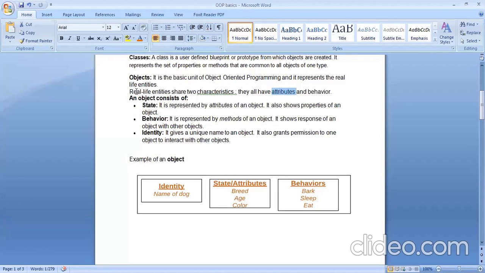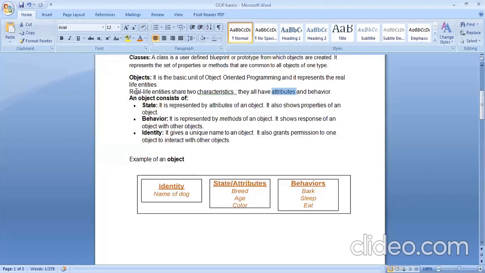And every object will have different types of properties. For example, I am a human being, you are also a human being. Whatever properties I have, you also have. You also have a name, an age, height, weight, complexion, your blood group, your address, your phone number.